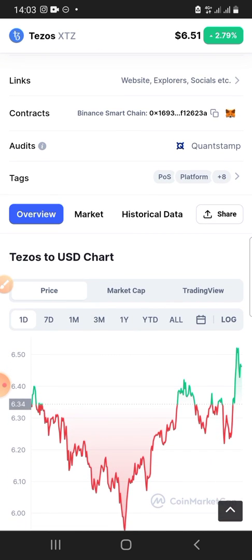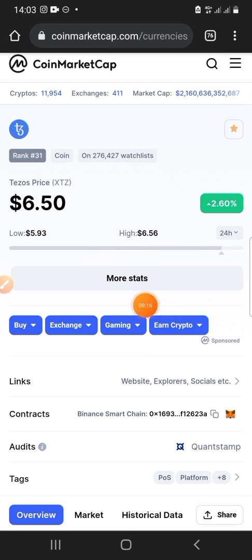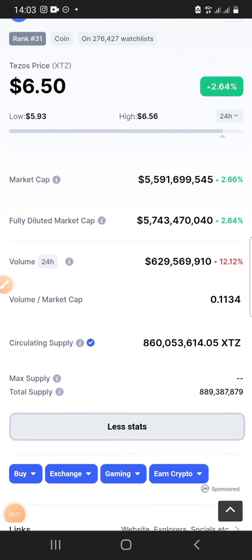The first thing you are going to check out to see if a particular coin is economically active is that we are going to check the trading volume. Okay, the trading volume. This is really important. So we are going to find that as the stats. Let's go to the stats. So let's look at the trading volume. Okay, here you're going to find some very vital information. But we are interested in the volume, the 24-hour trading volume, and this is it. Okay, so we realize that the 24-hour trading volume is about over $630 million, and that looks healthy. That is just over 24 hours. Over $600 million is healthy.